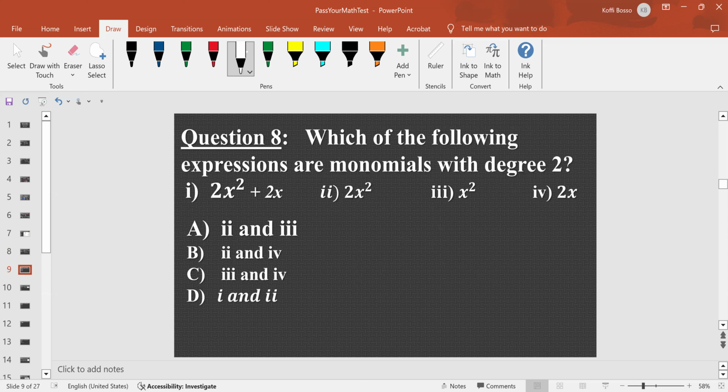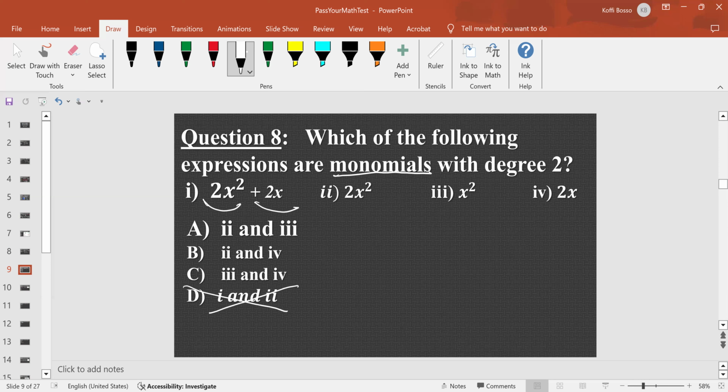Which of the following expressions are monomial? So this is a keyword. Monomial means one term. So we have 2 terms for I. So this is telling me that this is out, because the question is about monomial. So any choice with I will be out, like D